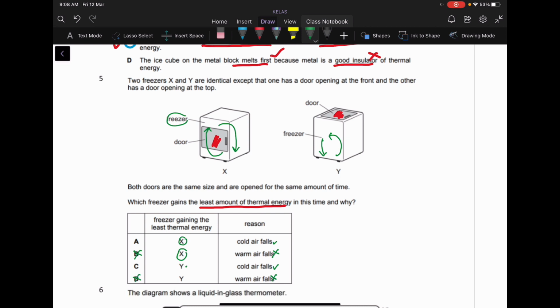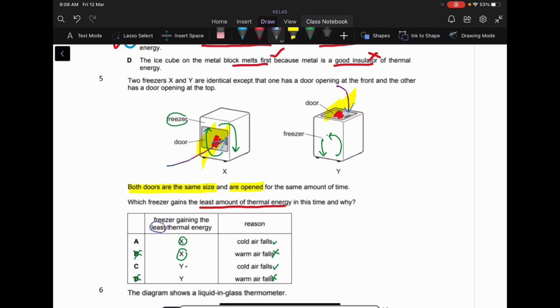X or Y? Now, this one, you read again. Both doors are the same size and opened. Okay, imagine when you open the door, heat will enter. Okay, freezer gaining least thermal energy. Now, when heat enters,